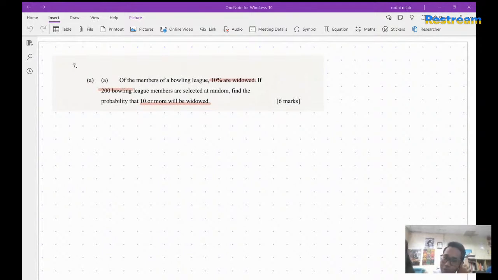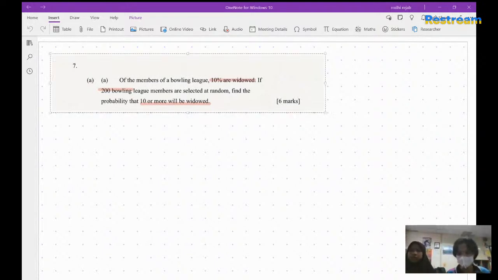Like this question here, you can see the 200 bowling. 200 bowling is slightly too much. So it's a big sign that you need to use the approximation. Yeah, all right. So there are 4 things that you need to know for chapter 10. You just need to know when to use them. If you know when to use them, then you're pretty much fine.